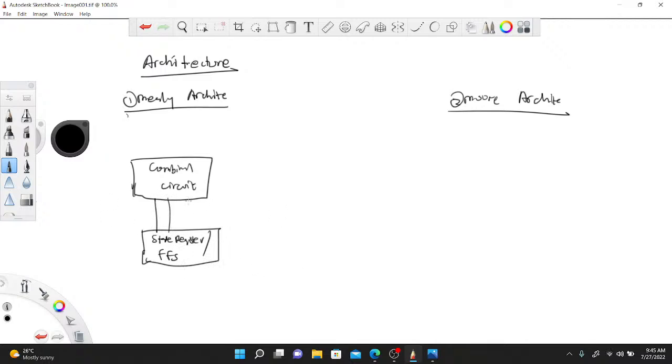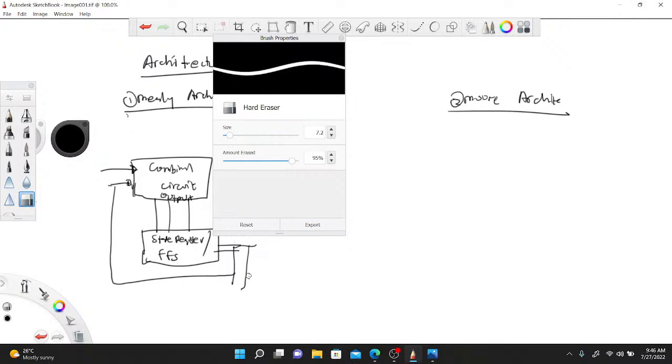So this is your output of your combinational circuit, right? You have some inputs, and then you also have some inputs coming from the output part of your state register or flip-flop. Right, this is your output part. That means that you would do it like this. The output is feeding its own